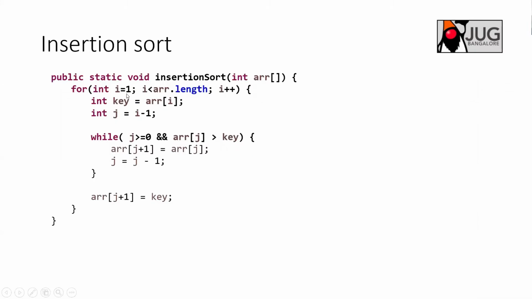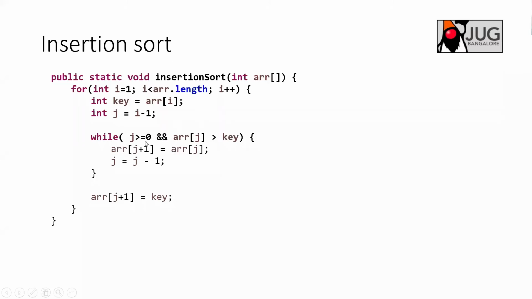You start by assuming that the first element is already sorted. Then you start with the second element and go to the last element, picking the first element of the unsorted array as a key. You place that key element into its proper place in the sorted set, so that after placing, your sorted set is still sorted. Then you do the same thing again, picking elements one by one.